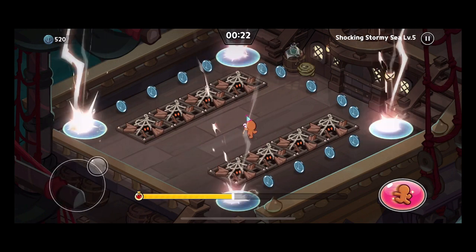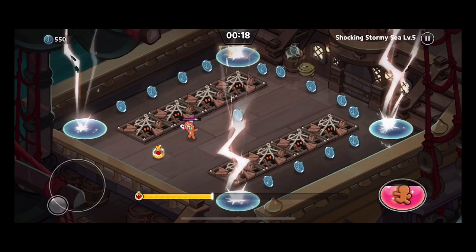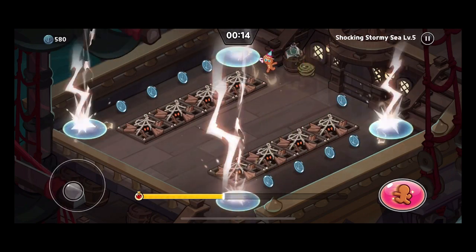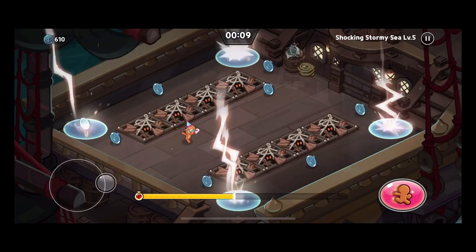So that's the first thing. Survive is the first thing. If you can do that first, then you'll get a victory. Even if it's not a great victory, you'll still get a victory. So do consider that when you're doing these mini games,